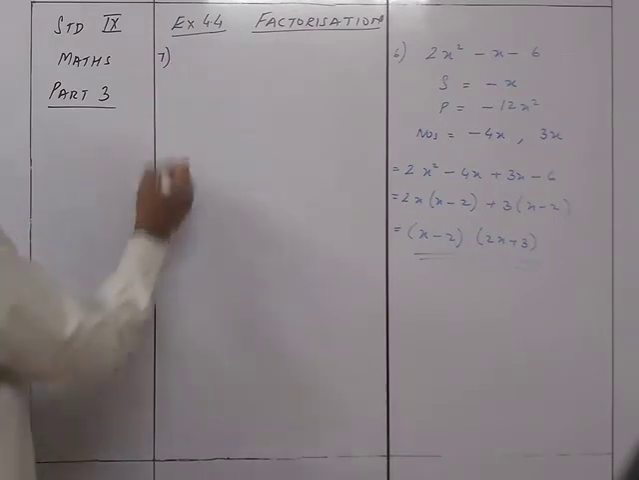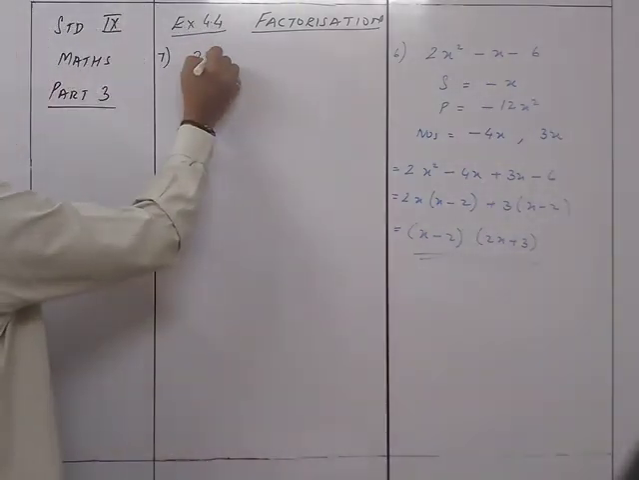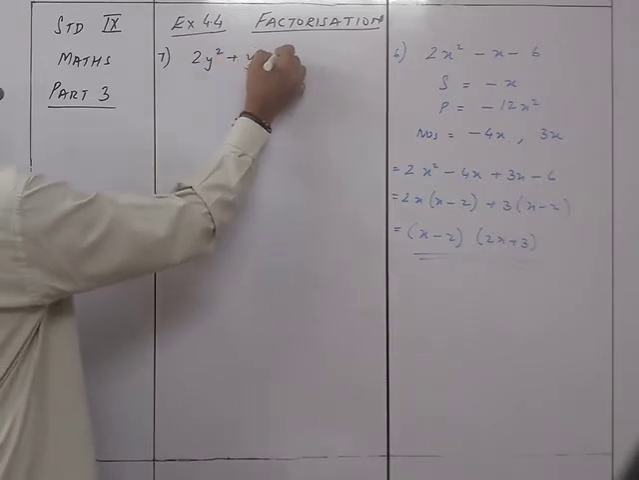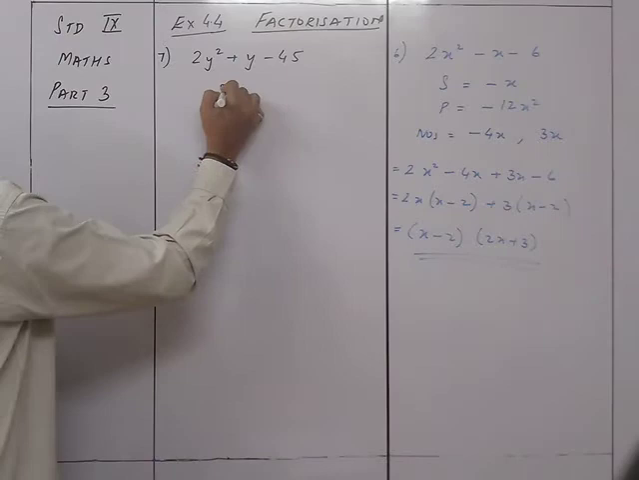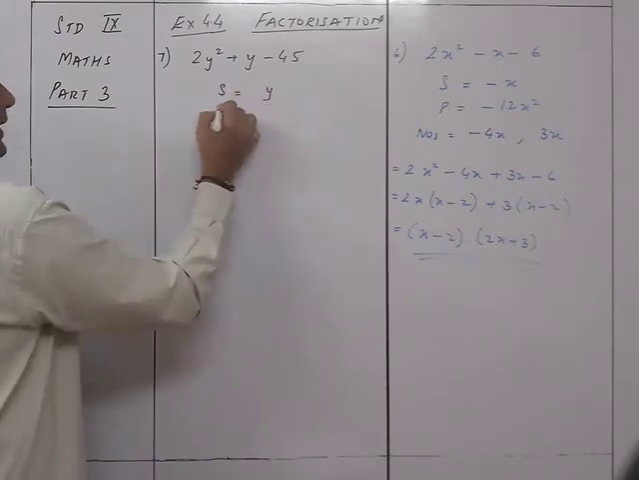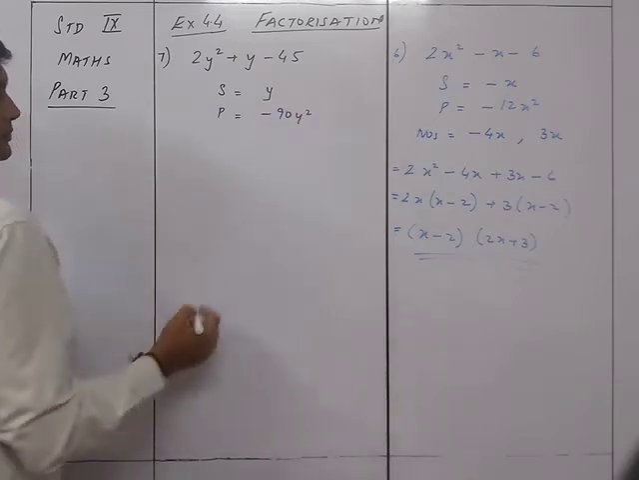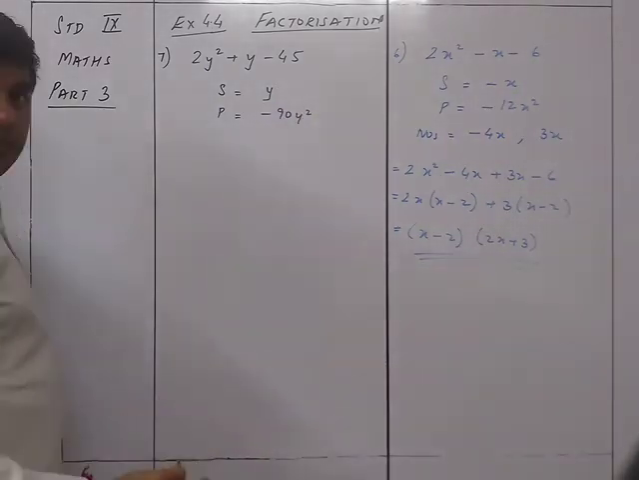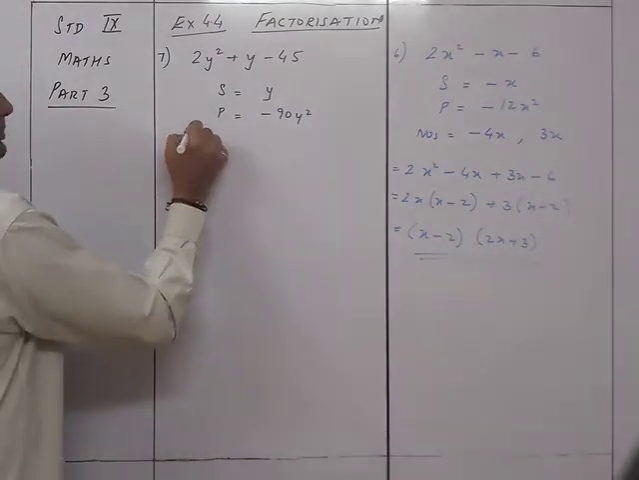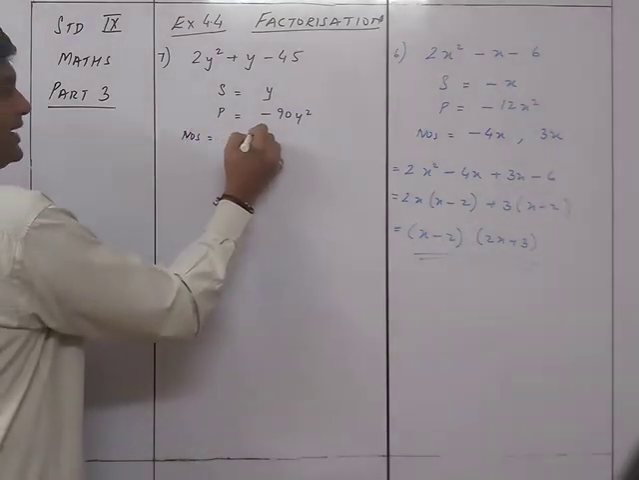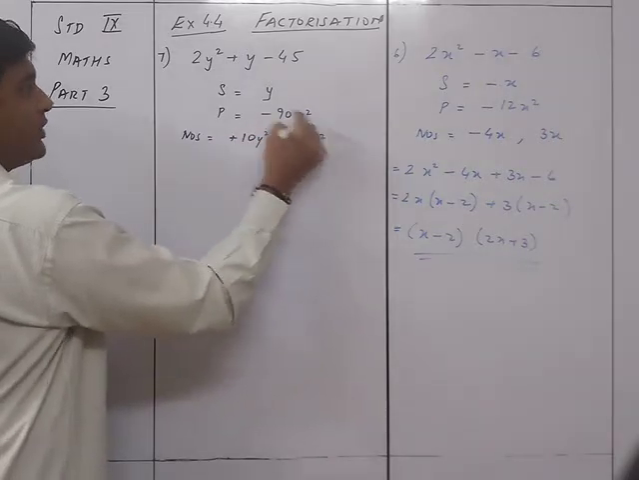Okay, sum number 7 is 2y square plus y minus 45. So the sum what we require is y and the product what we require is minus 90y square. So 90 minus में है तो automatically difference of 2. So accordingly the numbers will be minus 10y square, plus 10y square minus 9y square because I want a positive